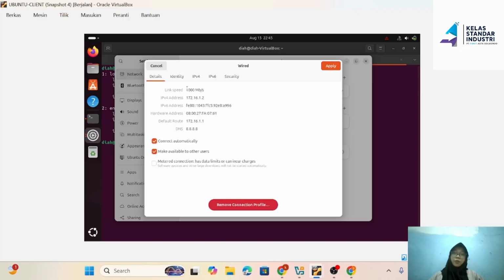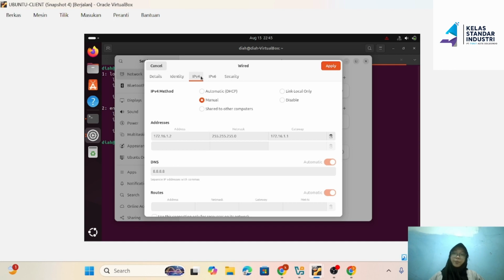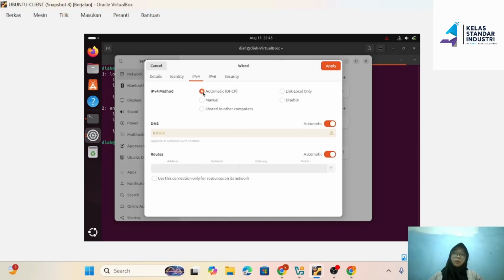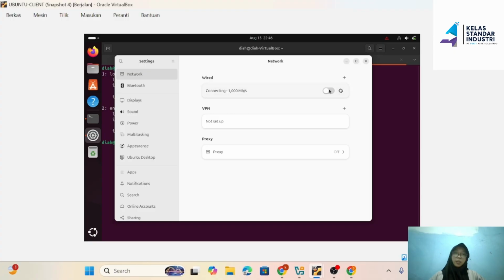Under the IPv4 tab, change the method from manual to automatic DHCP. Okay. Click apply, enable the network.